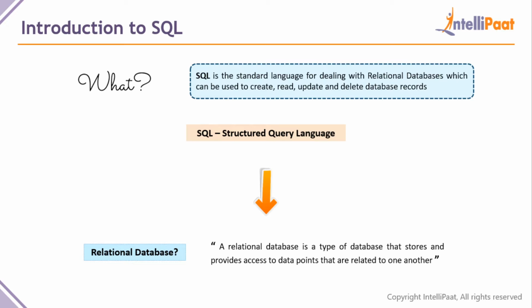But then you read the term relational databases. So what is a relational database? A relational database is basically just a type of database that stores and provides access to all the data points which are related to one another. How are these data related to one another, guys? When we call it a relational database, there has to be some relation with respect to the data. Using SQL and DBMS, we call it the RDBMS, because it's a relational database management system.